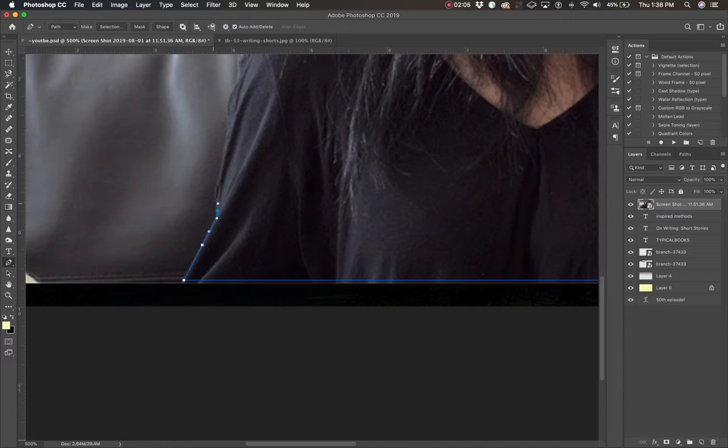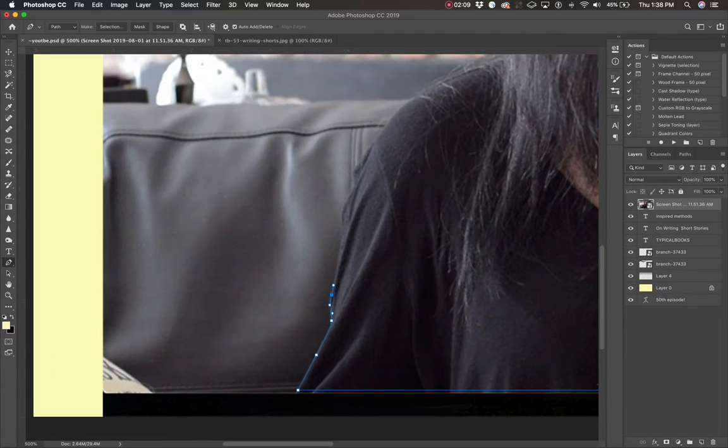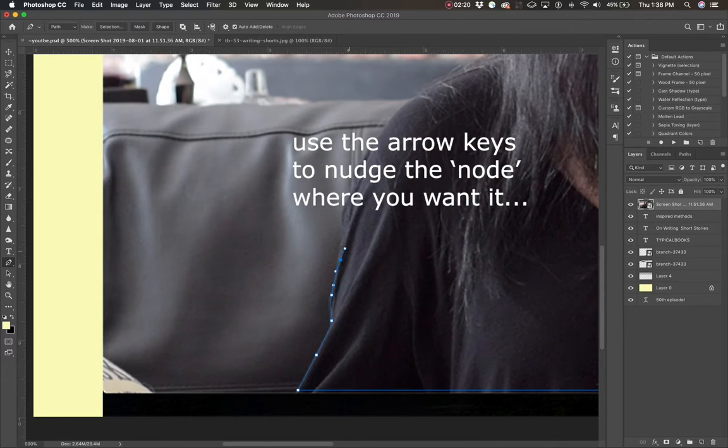So I click where I want the next curve to be. Looking at the image, you can sort of see where all the little curves will be. You click and you draw and drag along the curve. So where the curve changes, you follow that trajectory onto the next curve.